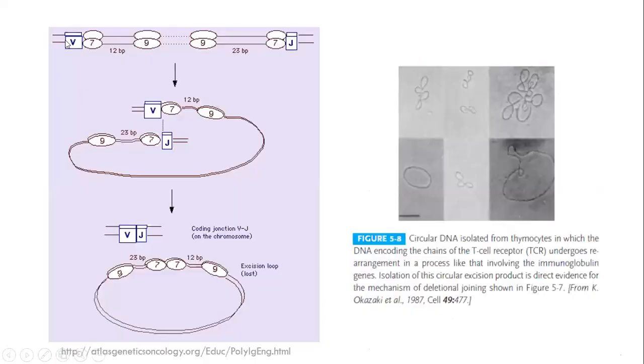Now the looping: you're looking at the directionality here, but in three dimensions the strands will combine in an anti-parallel direction. The looping process depends on whether the V and J are in parallel arrows going in this direction, or whether the J is in the opposite direction. Based on the directionality, a specific looping happens, and then the joint is removed, the excised portion is lost, and the VJ are combined.